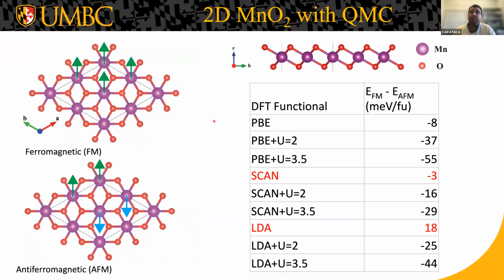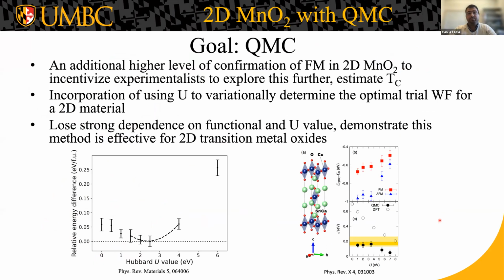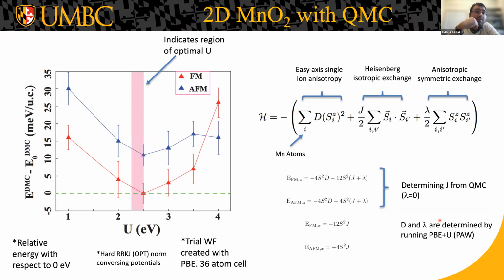But again, when we use different functionals and different U corrections here, we are seeing that the energy difference between ferromagnetic and antiferromagnetic cases is all over the place. So how can we find it accurately, and how can we predict the Curie temperature of this material accurately with the experimental method? Again, we are trying to find a way to use quantum Monte Carlo to predict the accurate U parameter. First of all, we have run QMC calculations on 36-atom supercells